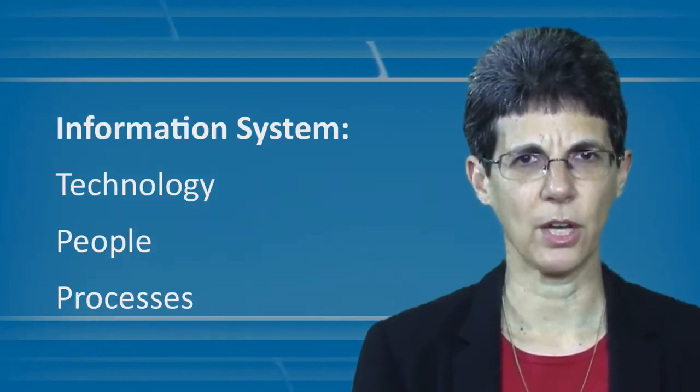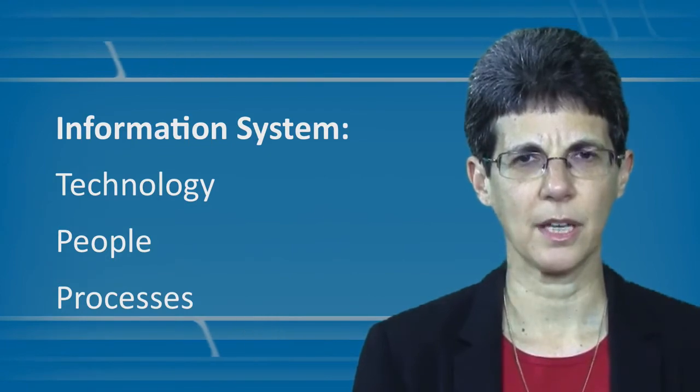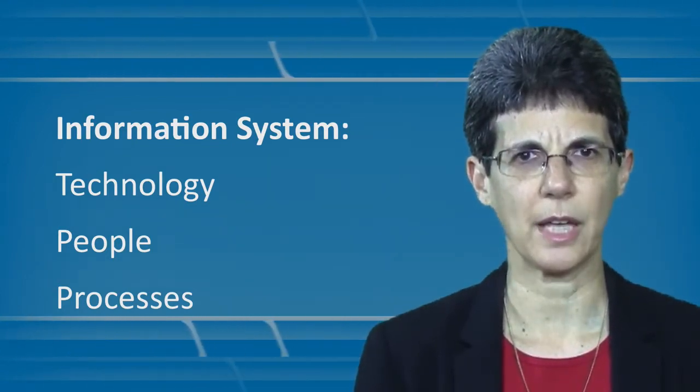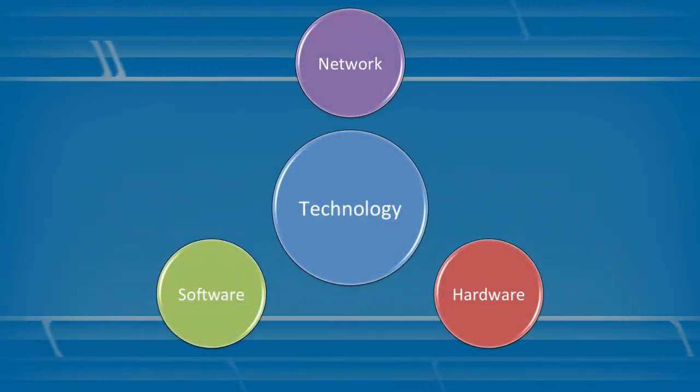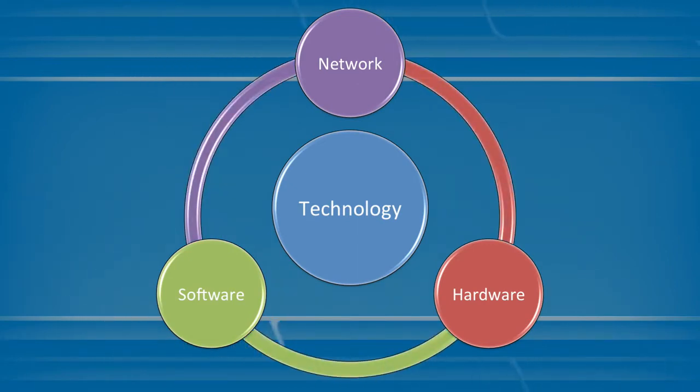Like many other complex systems, using information requires tools, expertise, and relevant processes. Think about public transportation. The system includes buses, as well as drivers, passengers, bus stops, routes, maintenance, etc. Similarly, an information system is the combination of technology, people, and processes that an organization uses to produce and manage information. The technology is the infrastructure that supports the flow and processing of information and includes the hardware, software, and